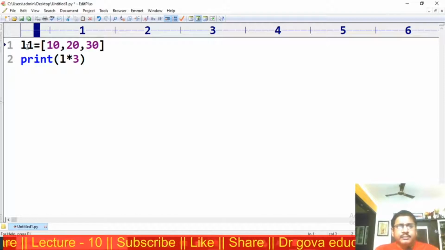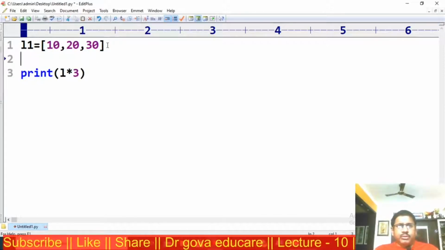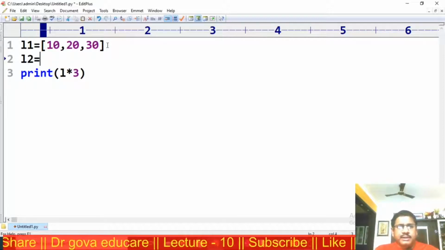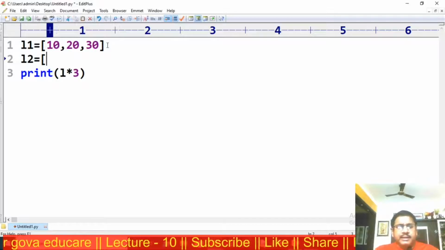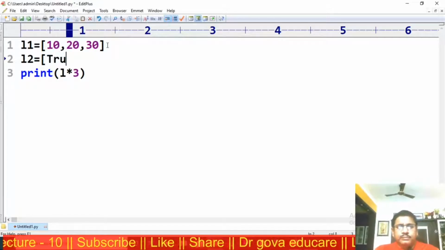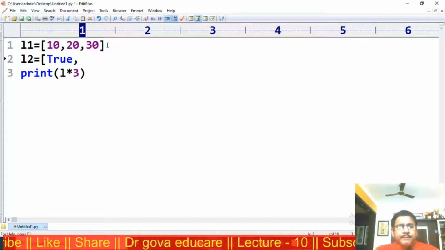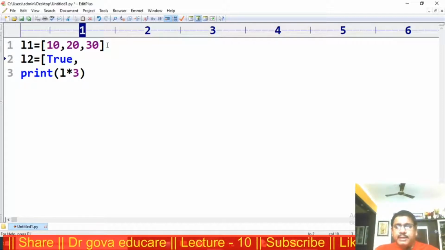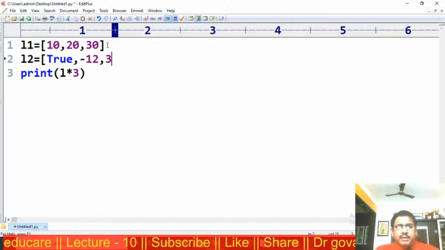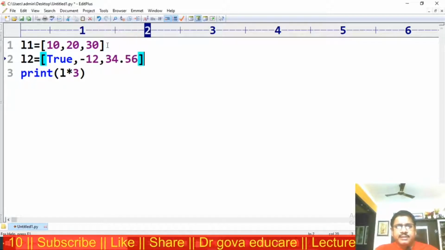Concatenation. L1 is equal to this. L2 is equal to some other list: True, -12, 34.56.